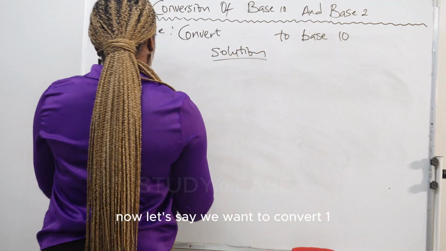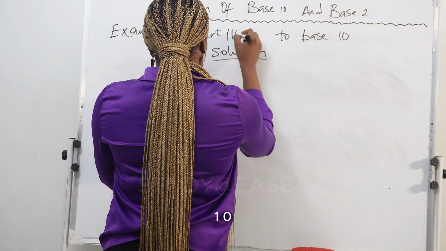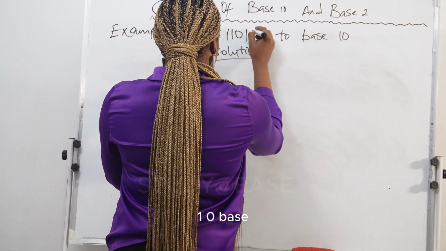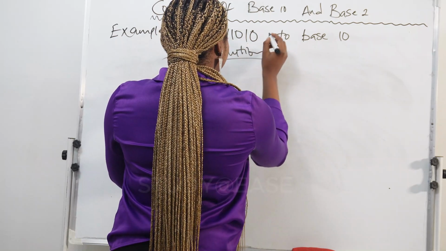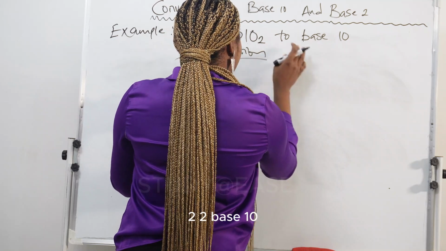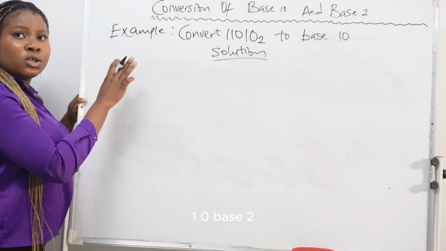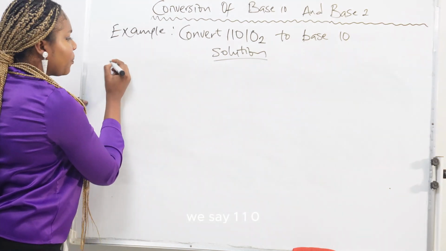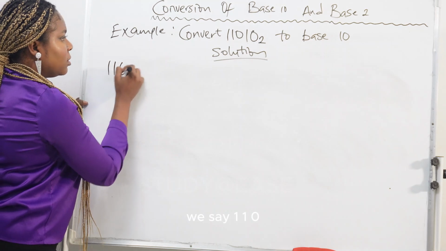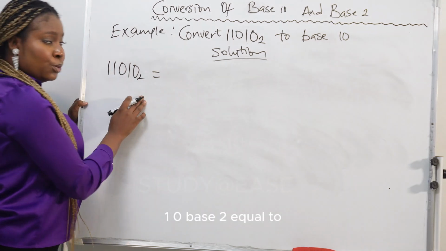Now let's say we want to convert 11010 base 2 to base 10. So how do we go about this? We'll say 11010 base 2 is equal to,